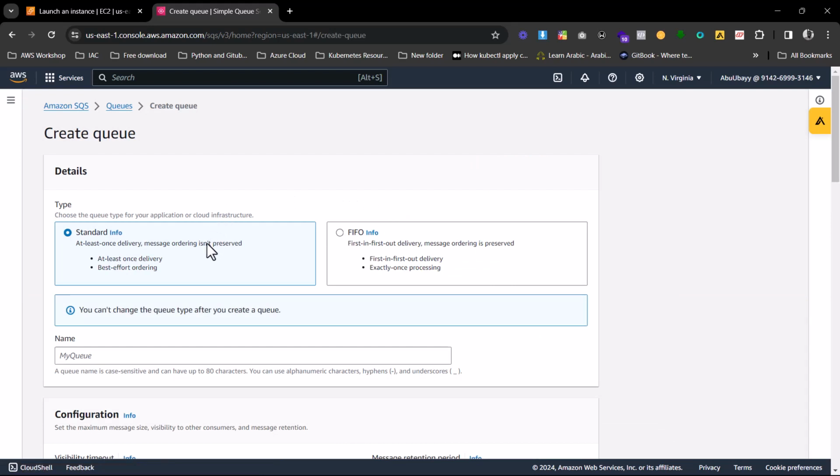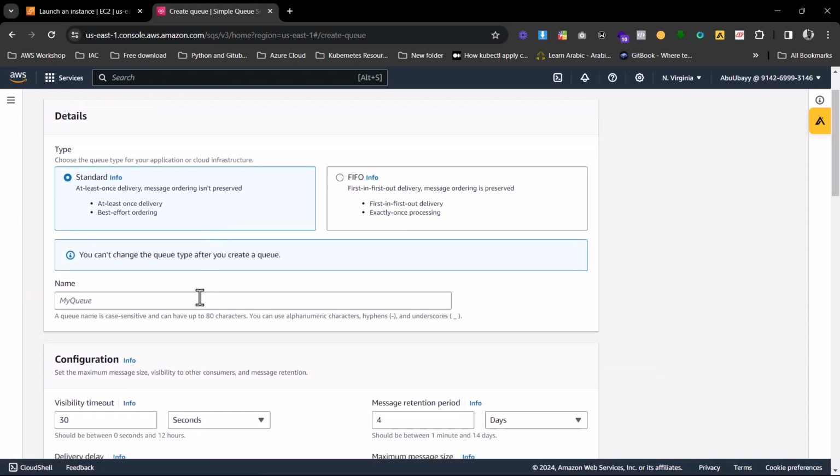and I will leave it as standard. And when you subscribe multiple queues to the topic, each queue is going to receive an identical notification every time a message is published to the topic. And for the name here, I'm going to put in